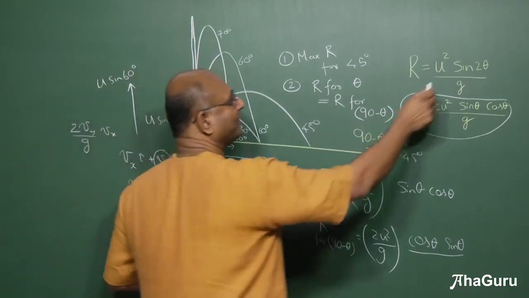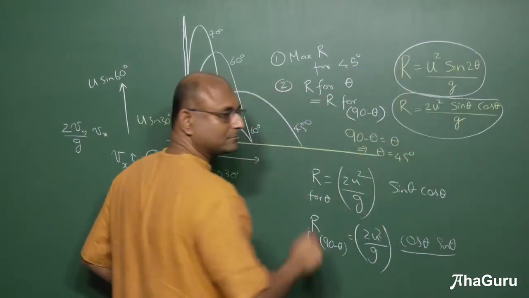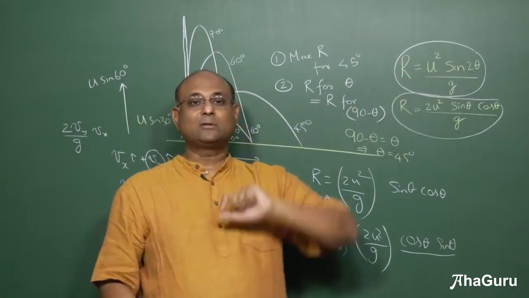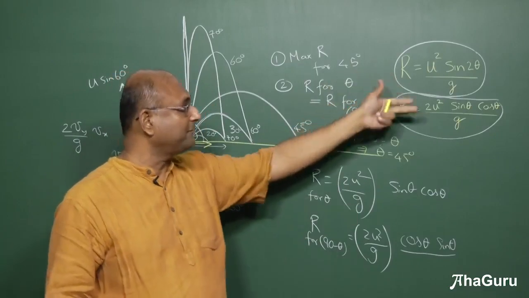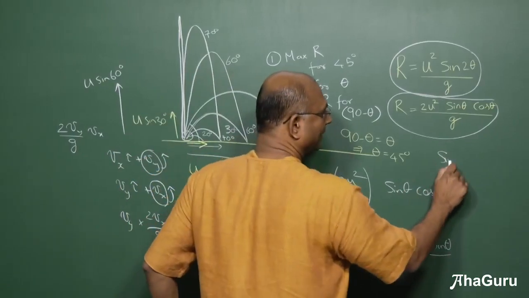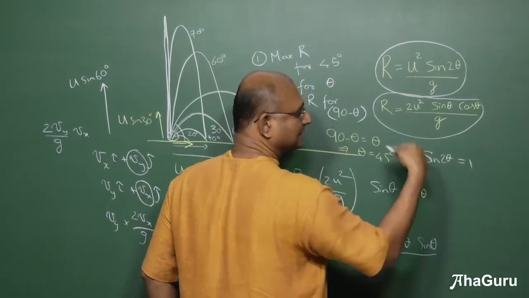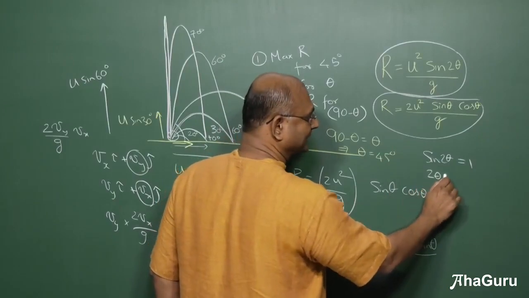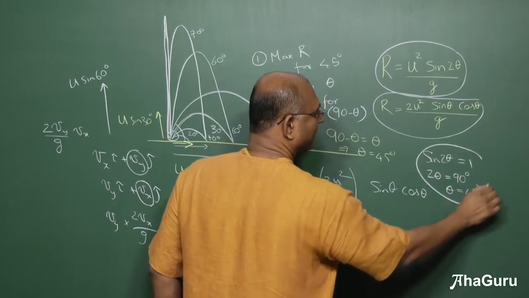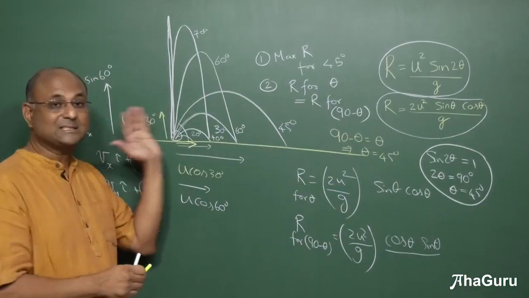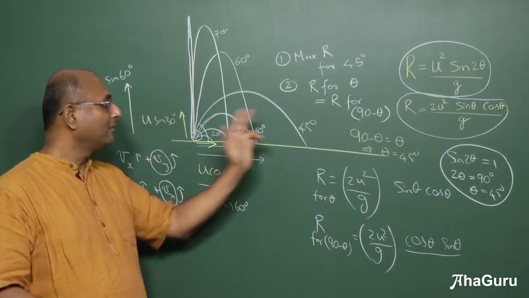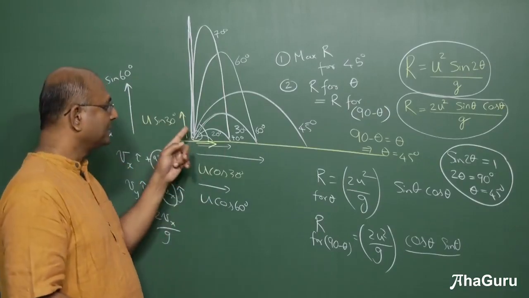But it's easy to see that it must be 45 by using this formula. What is the maximum value of u square sin 2 theta by g? Whenever sin 2 theta becomes the maximum value possible, because u and g are fixed. So when will sin 2 theta become maximum? It is 1. So sin 2 theta will reach its maximum value, which is 1. But that will happen when 2 theta is 90 degrees, which means theta must be 45 degrees. So whenever you say, I am throwing this such that it reaches its maximum range, what angle am I throwing it at? 45 degrees.